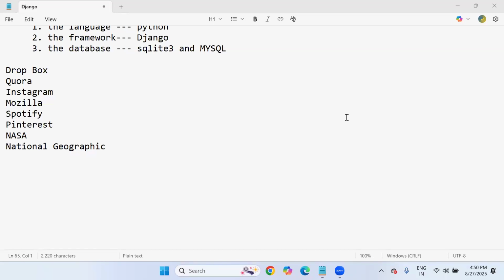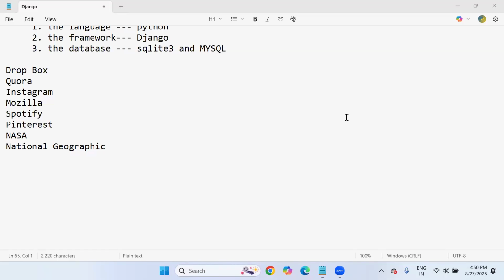Setup is very important and crucial, because it's not like Python, which is easy to install: simply download it and within 2 minutes we can do it. But the Django setup will take time and there are so many steps you have to follow. I'll tell you clearly step by step, don't worry, but you must and should attend.